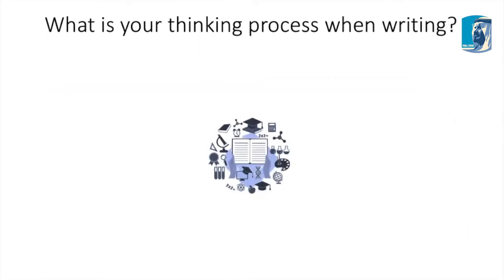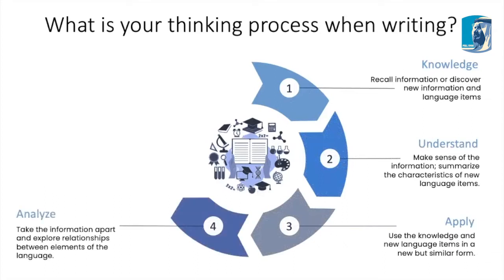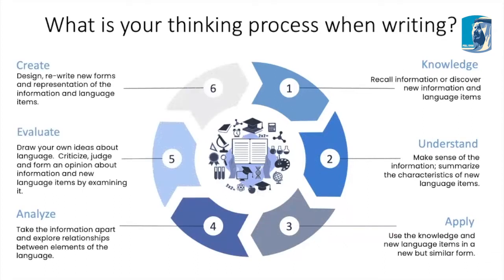So what thinking process do you go through when you're actually writing? Well, if you look at Bloom's Revised Taxonomy, there are 6 critical thinking levels. And when you're going through the writing process, you'll actually be using all of these thinking levels. So recalling information from your knowledge, trying to understand that information and summarize its characteristics, applying some new language items that you've learned or structures, analyzing some maybe research that you found online,